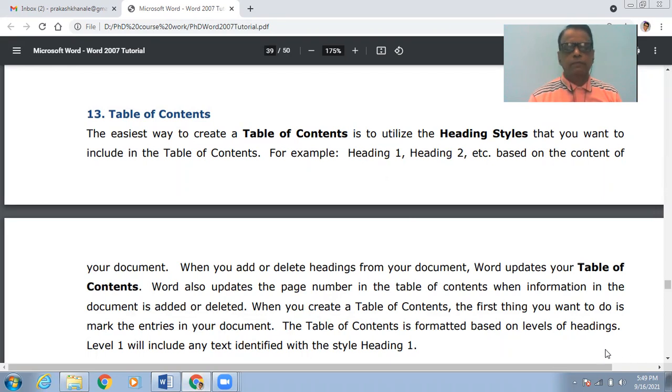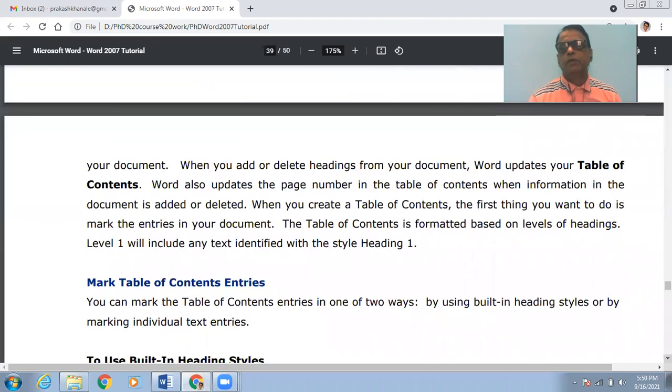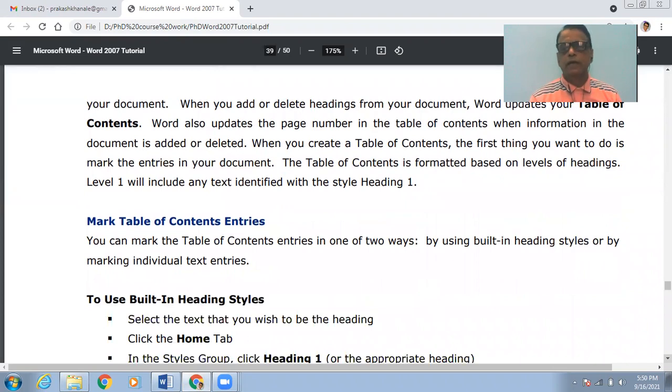Whenever we add or delete headings from the document, Word will automatically update the table of content. Word will also update the page number in the table of content when information in the document is deleted or added. So all such things will take place automatically.